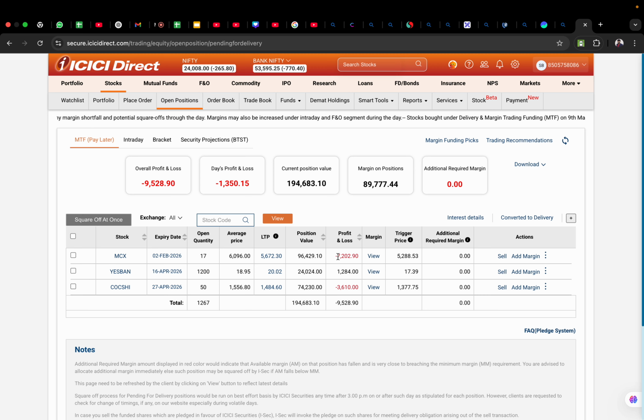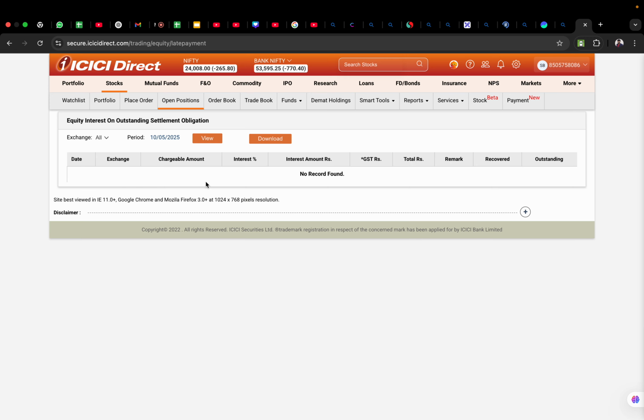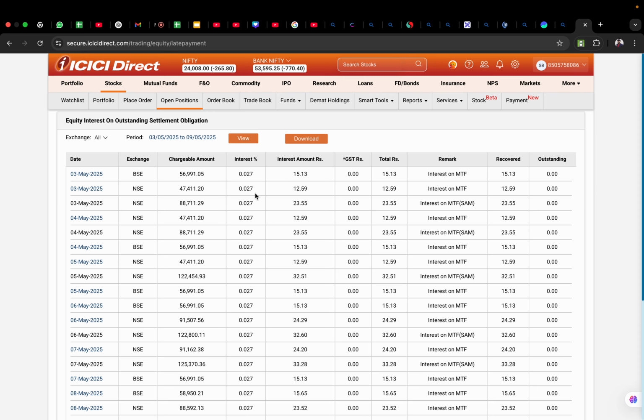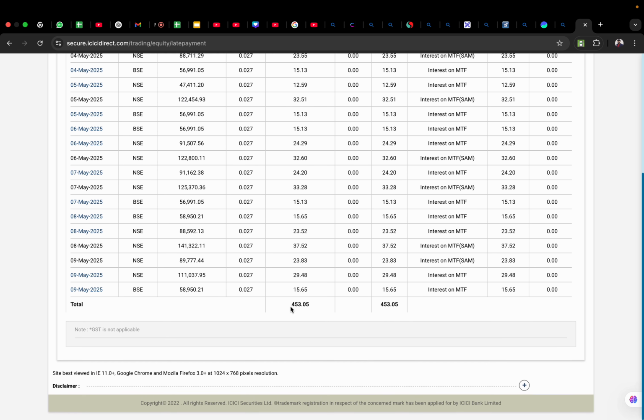Okay. So if something happens with this trade, let's say my trade is in loss, but there was a profit of 15,000, sorry, even 15,000 profit was there. The day before yesterday there was around 6 to 7,000 profit in this particular trade, but due to this market situation, now I'm in a loss of 7,000. Apart from this, I'll have to pay interest as well. Look at this. I'm continuously paying interest of around 15, 20, 21. So far I have paid 400 in interest